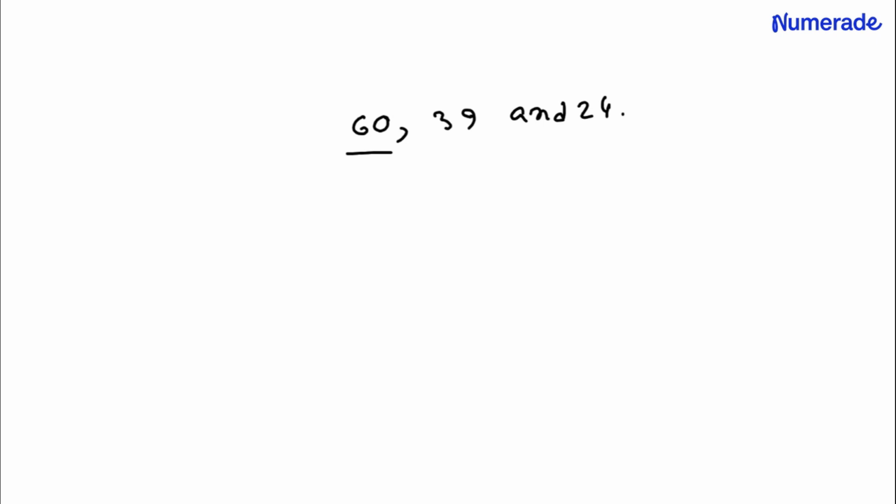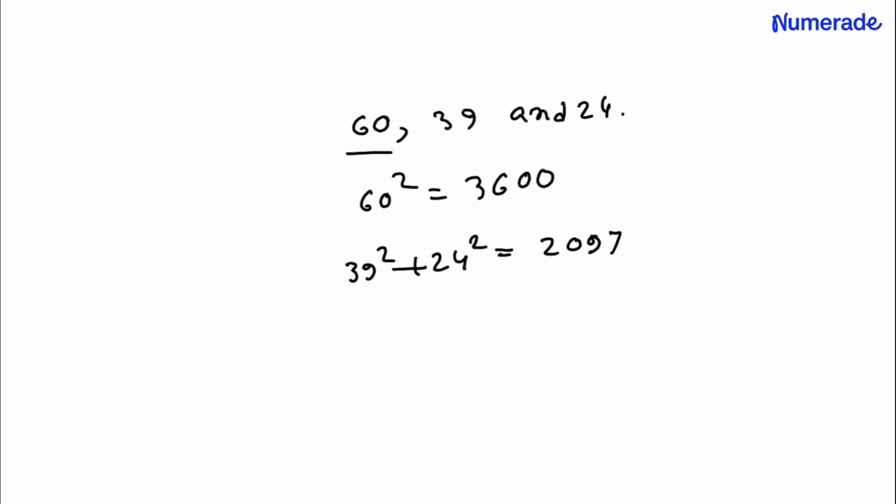And according to the Pythagorean theorem, in a right angle triangle, the square of the length of the hypotenuse is equal to the sum of the squares of the lengths of the other two sides. So let's take 60 squared, that is equal to 3600. That's the largest side. And 39 squared plus 24 squared, and that is equal to 2097. So this is not a right triangle because this one, 60 squared